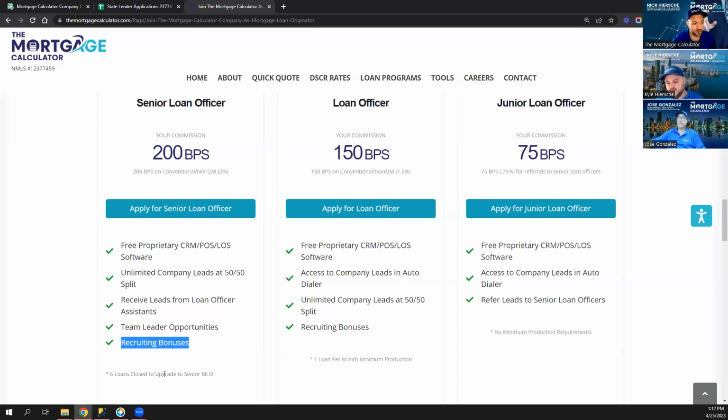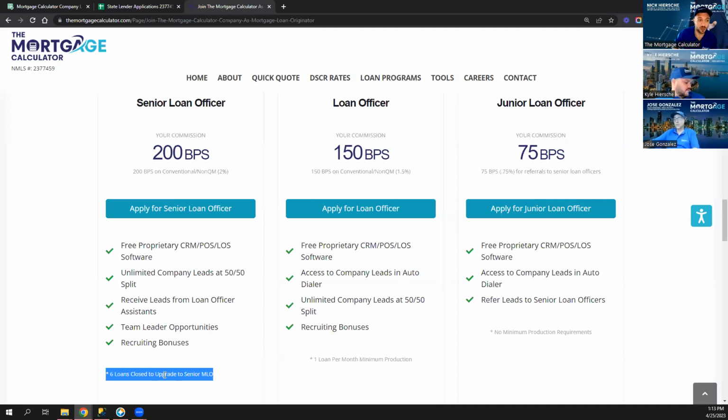Now, how do you get to senior loan officer? The fine print here, guys. Hopefully you can see it, but 6 loans. Since we're very different, we want to make sure everybody tries to do 6 loans. Hopefully you do some loans where your broker had a couple days, your lender had a couple days. Hopefully you try some leads and you try all the different types of things that we do, because it is a little bit different. So with 6 loans, hopefully you've closed a couple in each channel, and you're ready to go and start being self-sufficient and disclosing your own files and all that kind of great stuff.